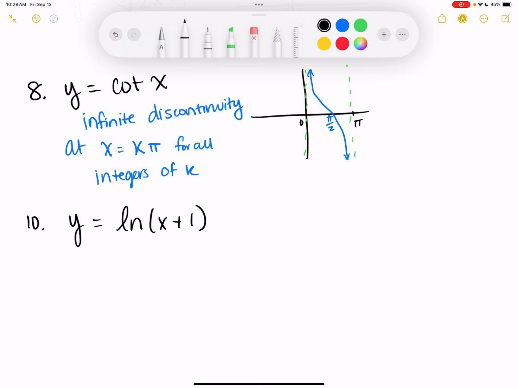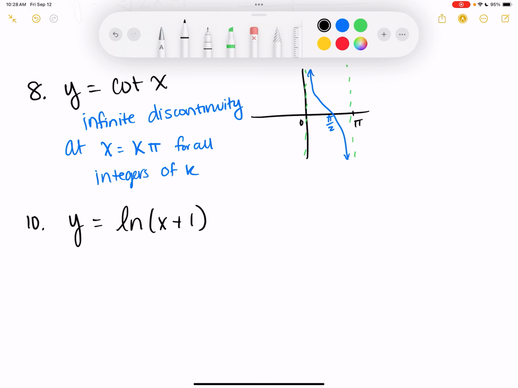Let me do this compared to a regular log graph here. Just ln of x. A normal log graph starts at 0, or like, there's an asymptote at 0 and it goes basically up and over. This one is just shifted over. So